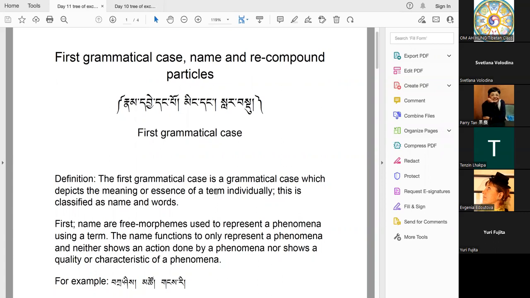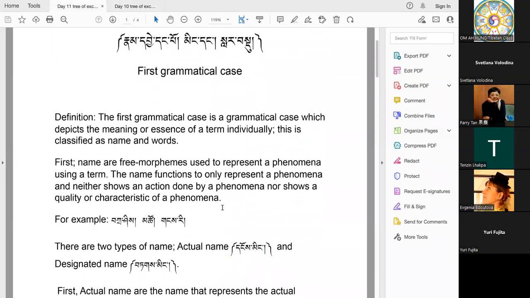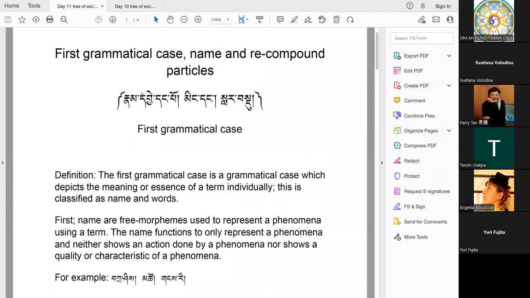And let's see how much we can cover. Probably we will be able to finish the first grammatical case and the name. So the first grammatical case is called 我怎么对吧? 我怎么对吧 means to show or to depict